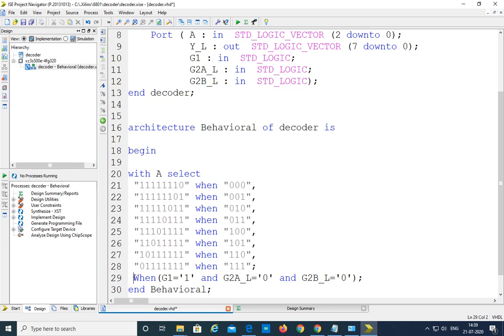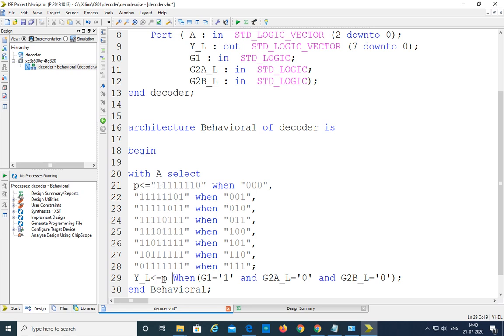So first of all I am storing these things in some dummy variable. Let us consider some P. See why I am storing in this dummy variable P. The output Y should be obtained only when enabled. So the output Y underscore L is equal to P when, observe here, the Y underscore L contains the P, that is P means all these things.